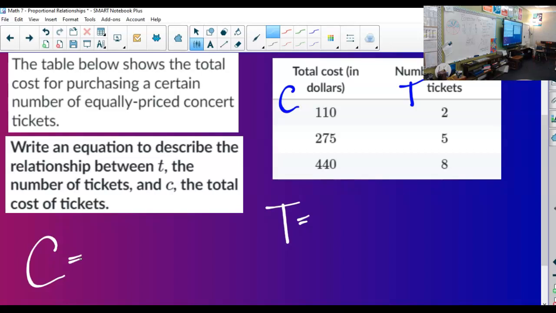Times C. What was that number you just said? T equals 1/55 times C. Okay. You're saying fraction. I heard 55th, and I was like, let me say 55. So let's write that down. And then if we multiply it by that,